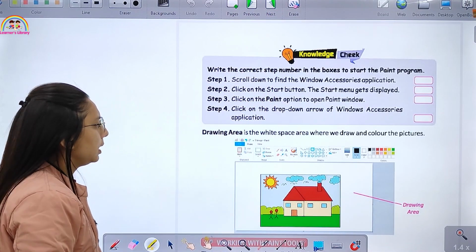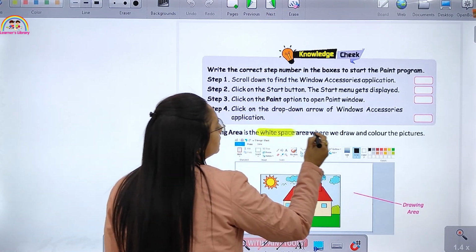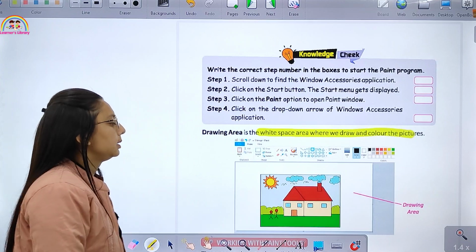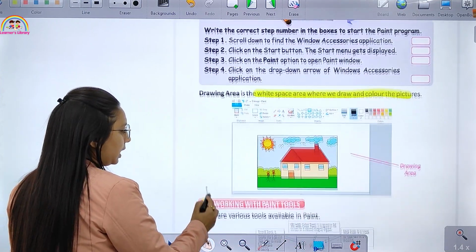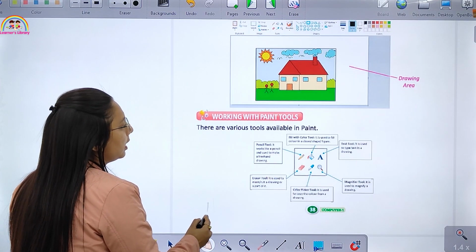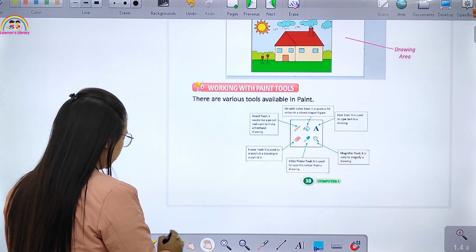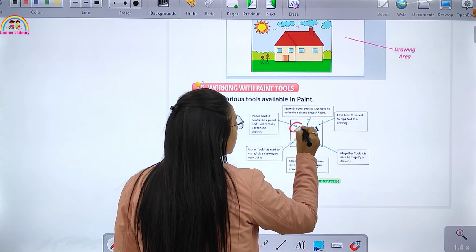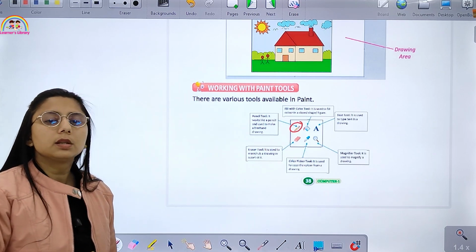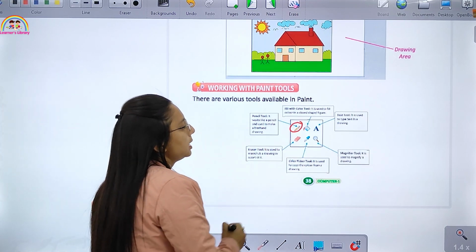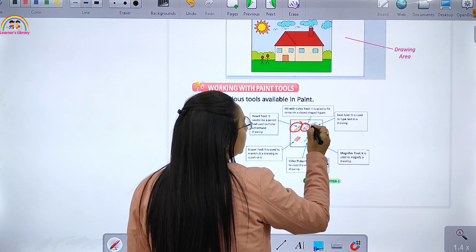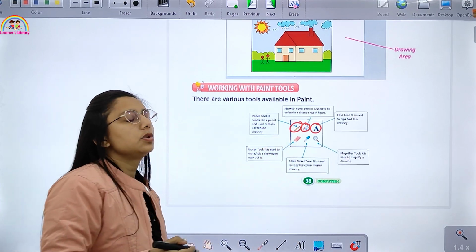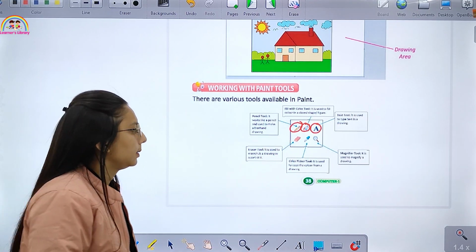Next is the drawing area. It is the white space area where we draw and color. Now, working with Paint tools. You can see over here, this is your pencil tool. It works like a pencil. Using this, you can make freehand drawing. This is fill with color, which is used to fill the color. This is text, which is used to type the text in a drawing.